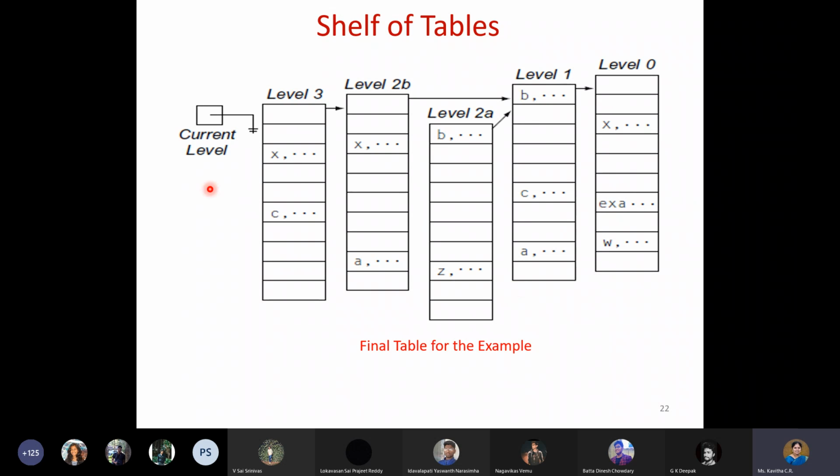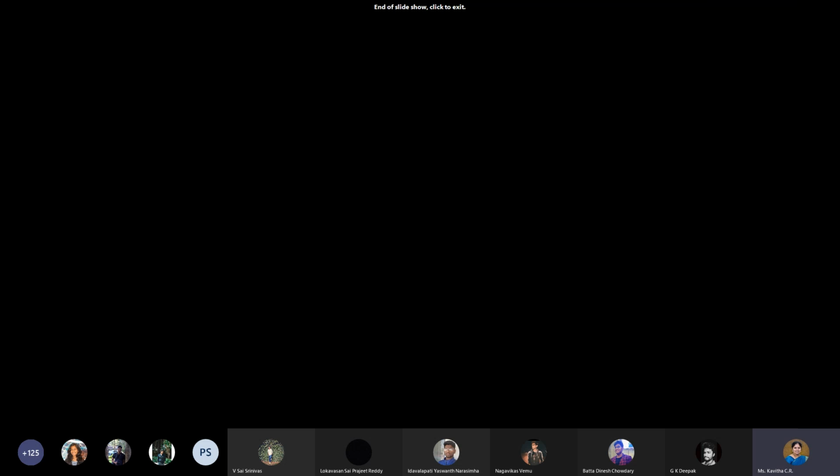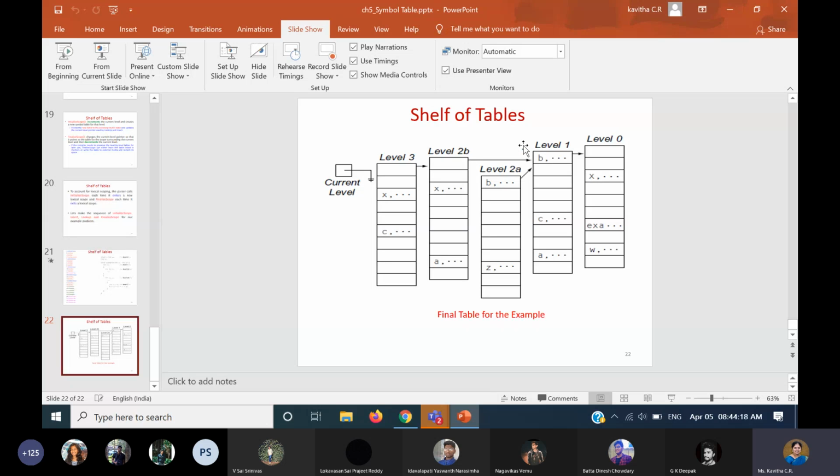Okay, so like this, the tables are created and we can access them using 4 functions. 2 for the main operations, that is the lookup and the insert operation, and the other 2 for handling the start and the end of the scope by using initialize scope and finalize scope. Okay, so that is the end of this particular topic, students. The symbol table topic is done. Okay, so maybe the only thing is that we can apply it to different examples. That's it. So we are done with this now.